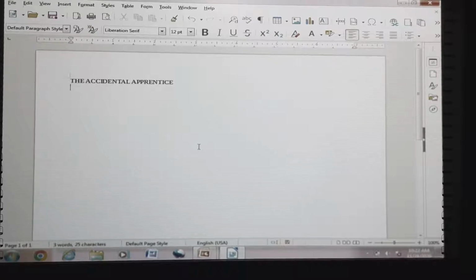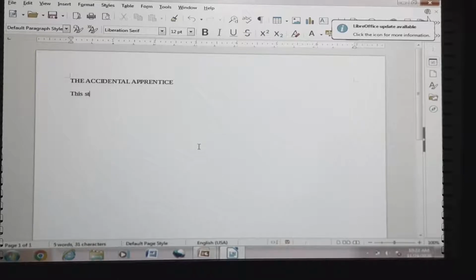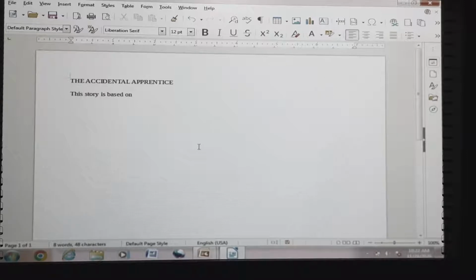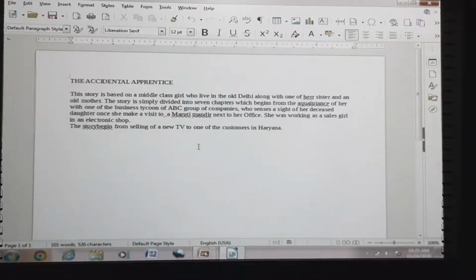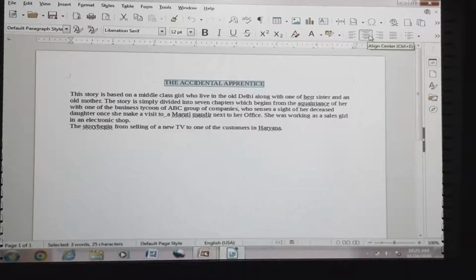Now I have selected a title for the text, and I am filling up a short summary of the story. Here I have chosen the title of the discussion, The Accidental Apprentice. Now I have inserted certain content under our title.